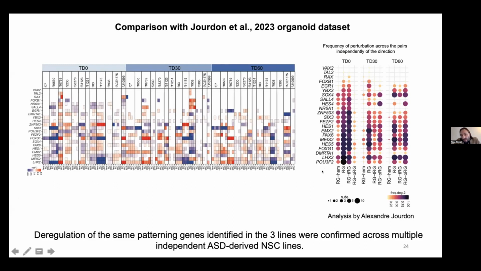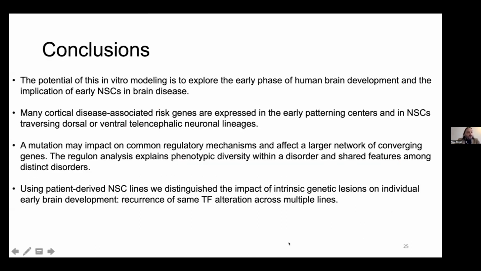So what we did here was to plot the frequency of perturbation across the pairs independently of the direction, and we found that in fact these transcription factors that we found regulated in only 3 ASD lines were frequently perturbed, deregulated, also in the multiple ASD-derived neural stem cell lines. So in conclusion, I showed the potential of this in vitro modeling to explore the early